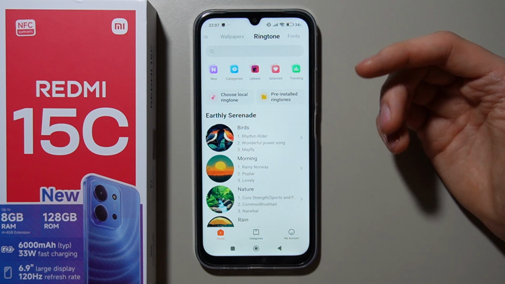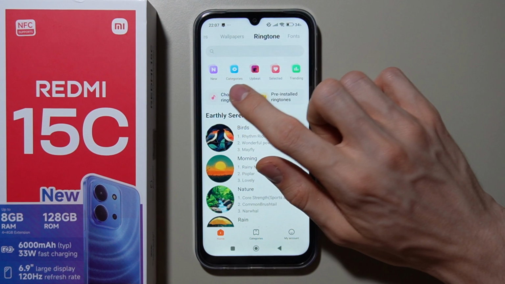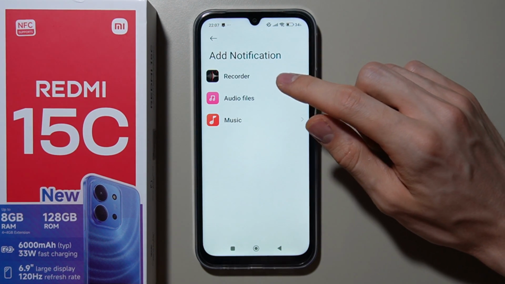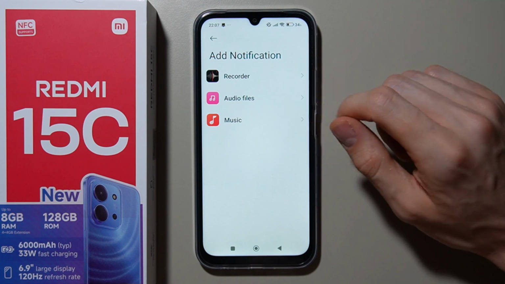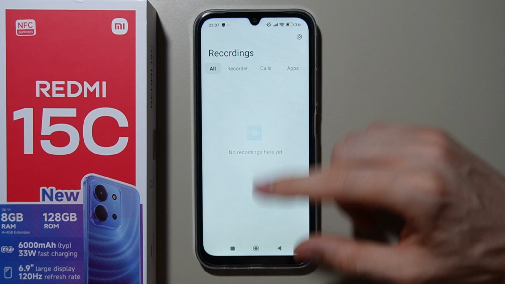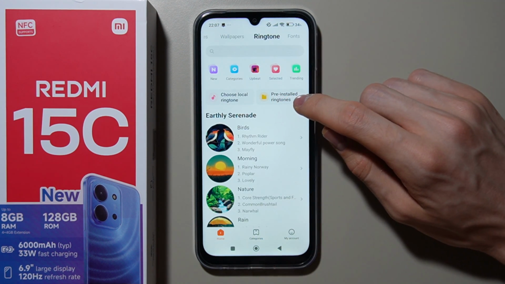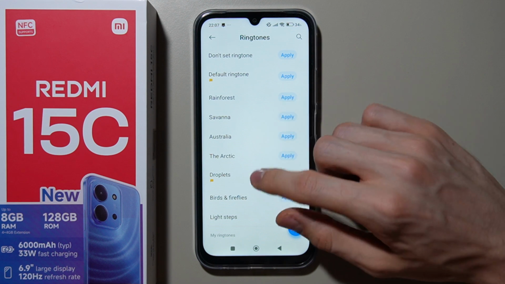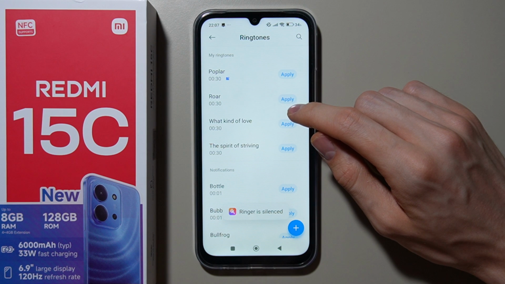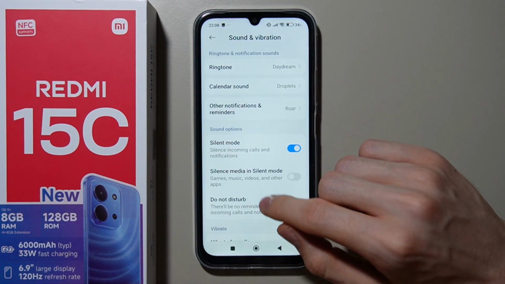If you want to set your sound from your local files, go to choose local ringtone, and here you can select whether it is sound recorder, audio files, or the music. So basically you can find some of the files from here. Also you can find pre-installed ringtones, so you can open it and apply something from here. Let's take this one for example, click OK, and now as you can see I have